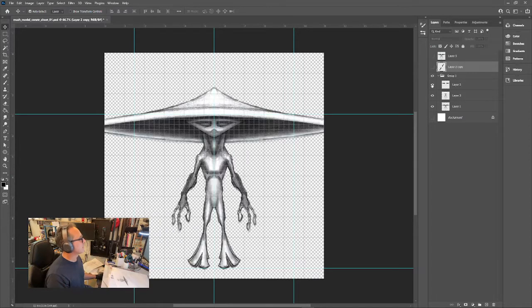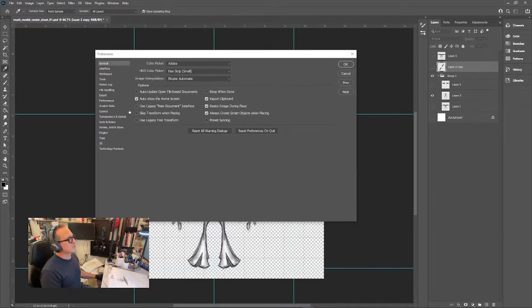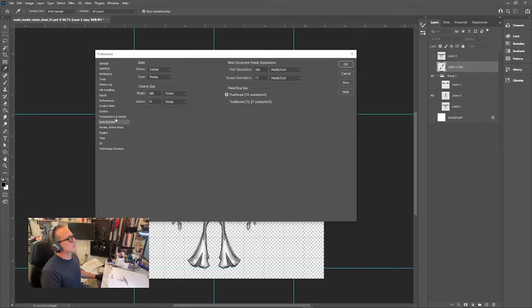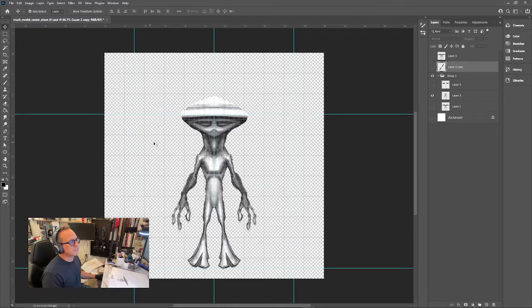And then down here you can see I separated, just used the lasso tool. And then inside of the preferences, I just went in here to the units and rulers and the grid, I'm sorry, grid and slices, and I put a grid every 1 inch with subdivisions of 4. So that's what we currently have here. If you see this, up here is 1 inch,